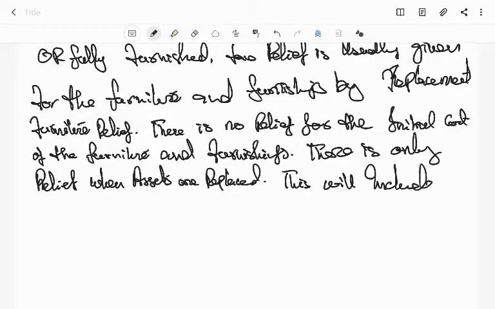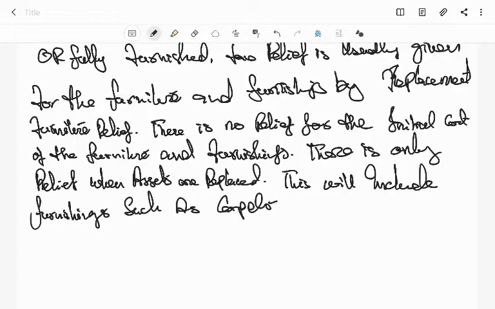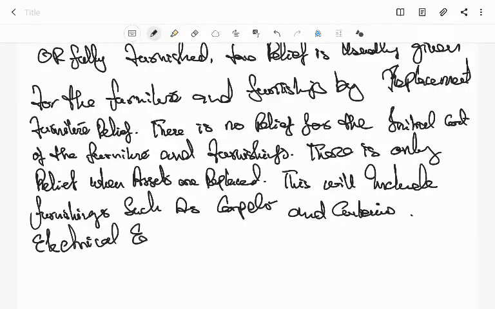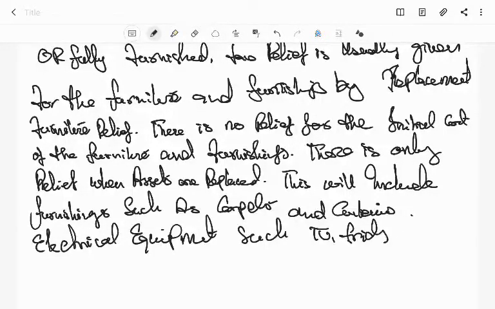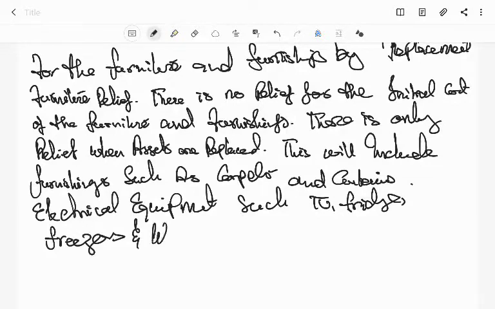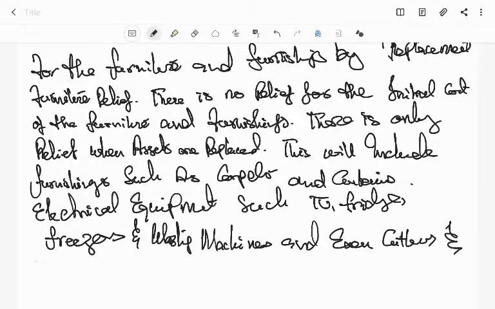This will include furnishings such as carpets and curtains, electrical equipment such as TV, fridge, freezers, and washing machines, and even cutlery and crockery. Okay,